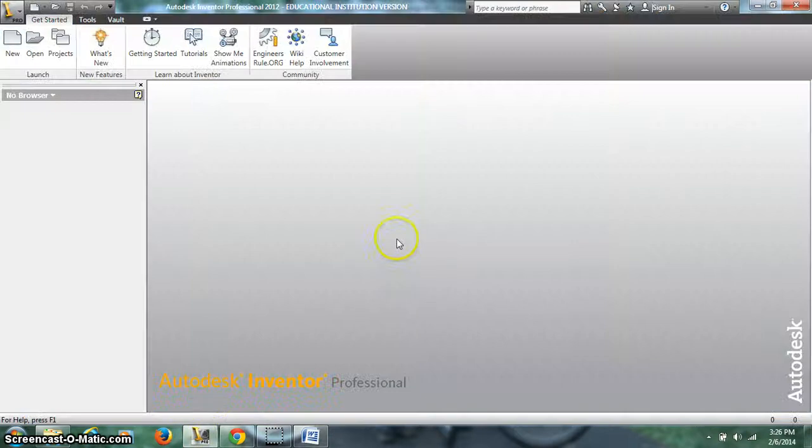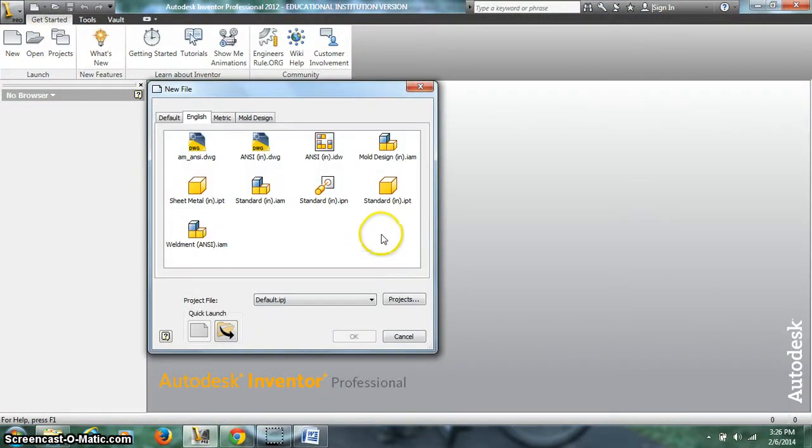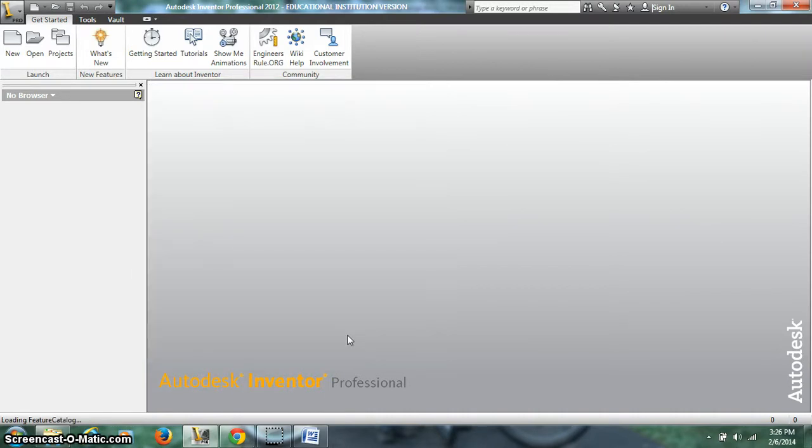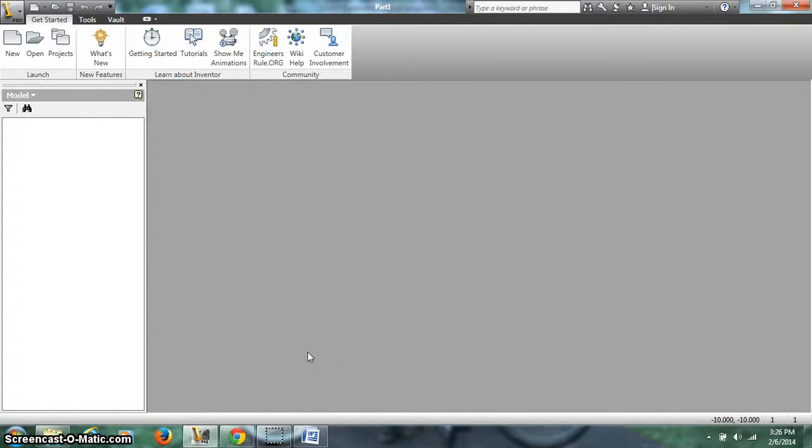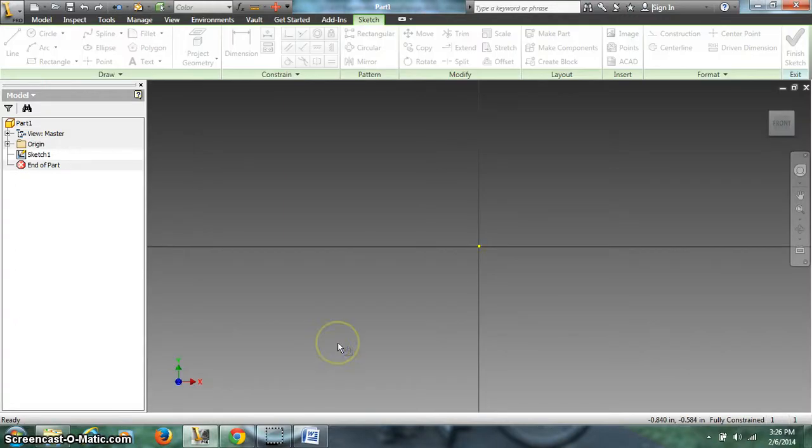So in Inventor, when I start this off, I'm going to do a new standard IPT. I know that your interface is a little different than mine, but make sure it's standard inch IPT. Hit OK, and wait for it to open. Hopefully yours is faster than this. Alright, there we go. So here's our Y, our X, and blue is an arrow going up in our Z